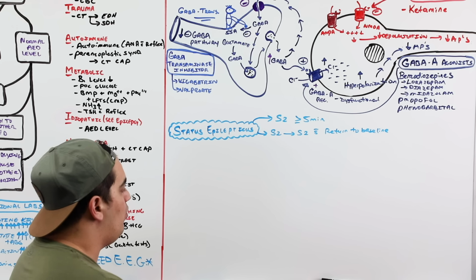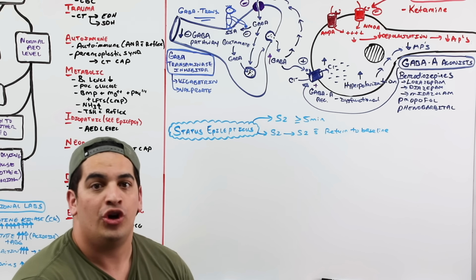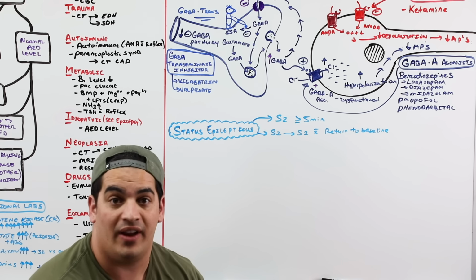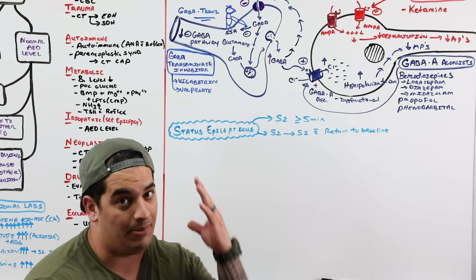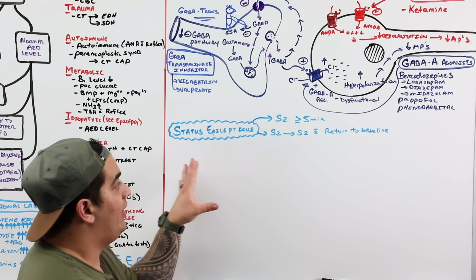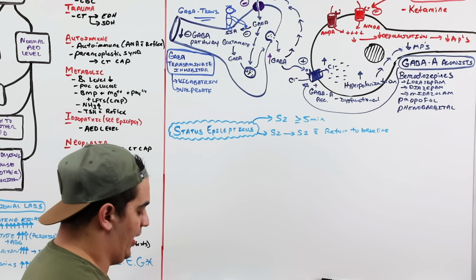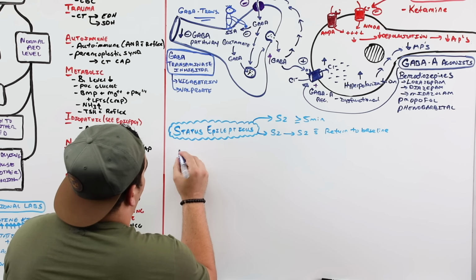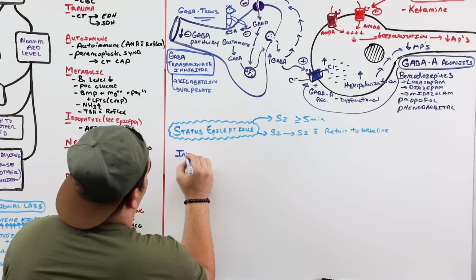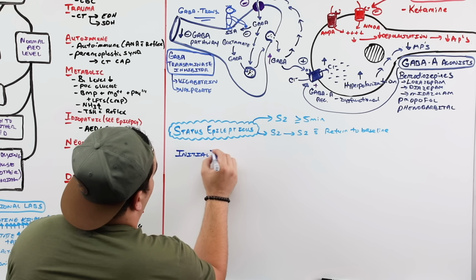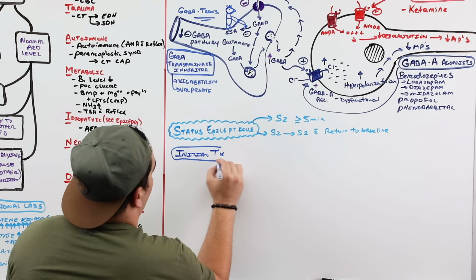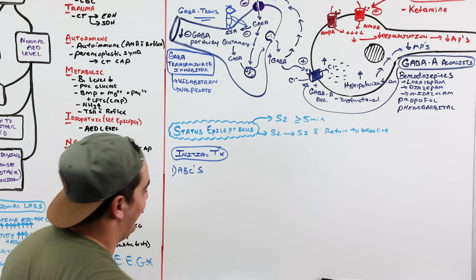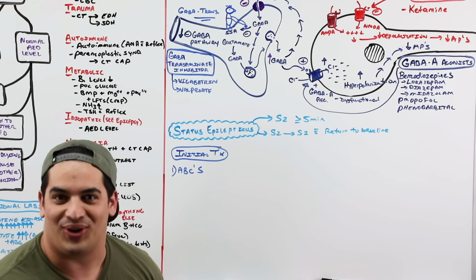What do we do? While you're going to be doing the same diagnostic workup we just talked about, figuring out the underlying causes, vitamin D and E workup, you need to stabilize these patients. How do we treat them? First and foremost, initial treatment should always, in any emergent situation, begin with what? ABCs. Airway, breathing, circulation.